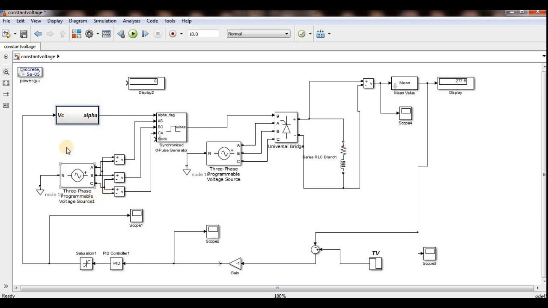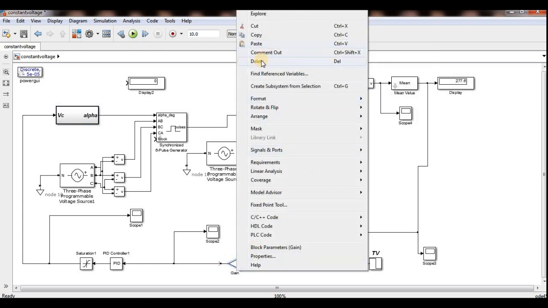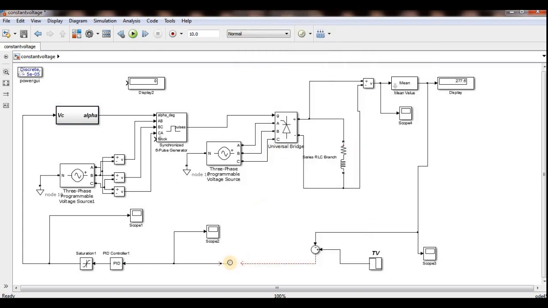See, I will tell each and everything. For these things, I have to remove this -1, because I am not directly generating the alpha. First, I am generating this VC. So now, if I run this system, I can get some more precious output compared to the previous one. Keep in mind that I removed this negative because I am not directly generating the alpha, but from these voltages I have to convert to alpha.